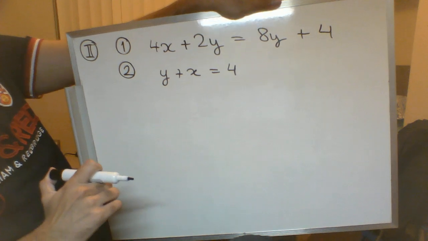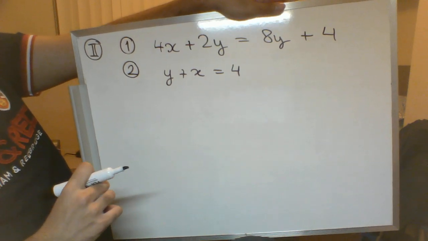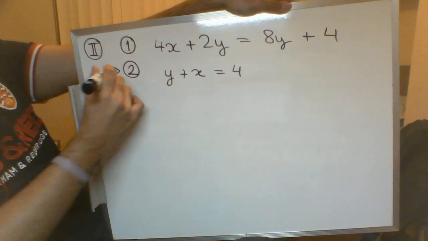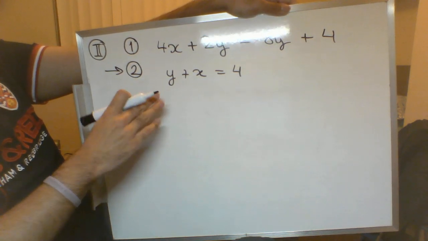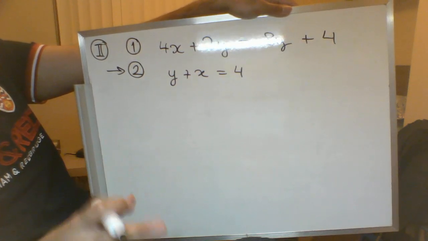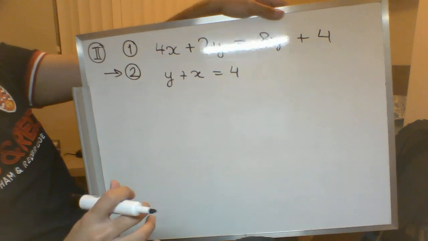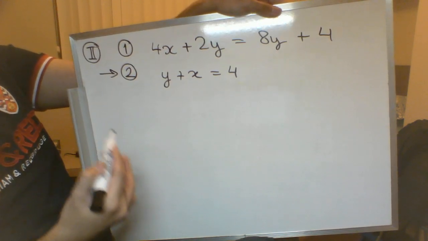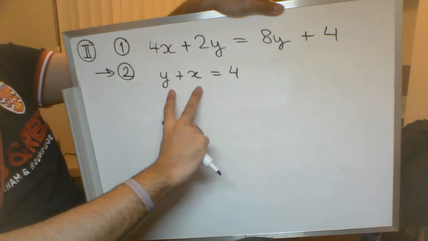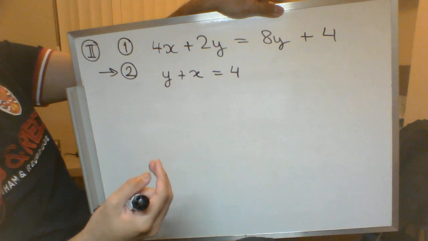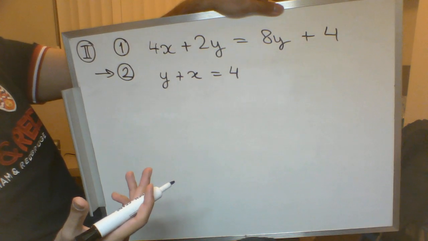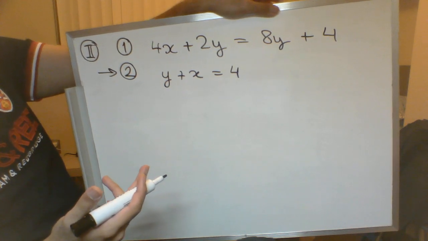Okay? Now, how do I choose which equation to solve? For me, equation 2 is a lot smaller, so I might as well solve this one first. So I'm going to mess around with equation 2 until I've got x is equal to something or y is equal to something. Now, x and y are both on the same side of the equation. There's one number on the other side. Neither of these is multiplied by anything else. So it's not more work to solve for x or more work to solve for y, but I still need to choose one. You might not care and you can just go with one or the other,